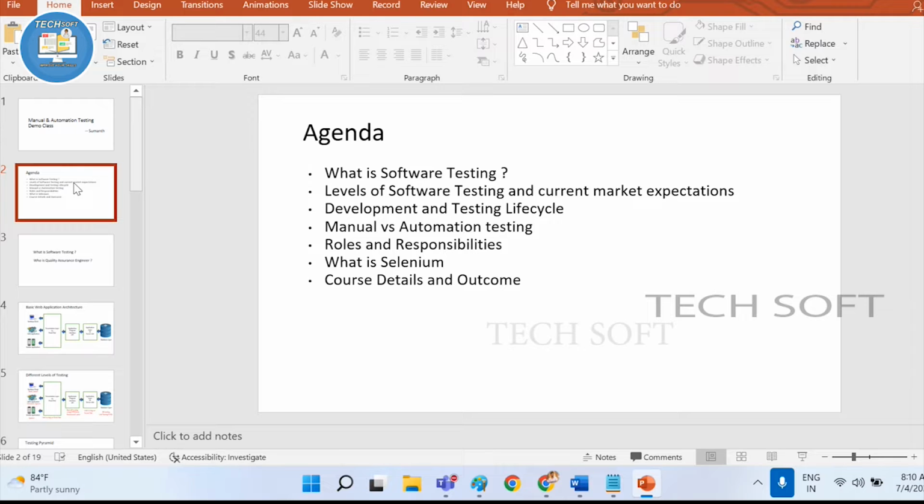We'll look into it, and we'll see the difference between manual and automation testing. We'll discuss what exactly manual testing is and what exactly automation testing is. What has more demand in the market now, and then we'll see the roles and responsibilities of a manual testing engineer and then an automation testing engineer. And finally, we'll discuss what exactly Selenium is, what you need to learn Selenium, and then I will